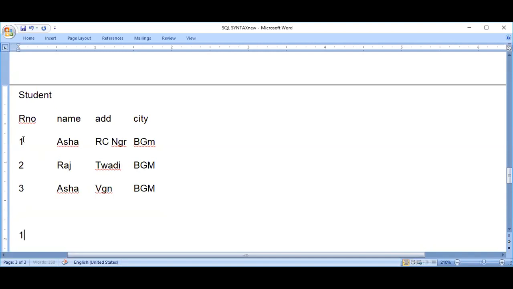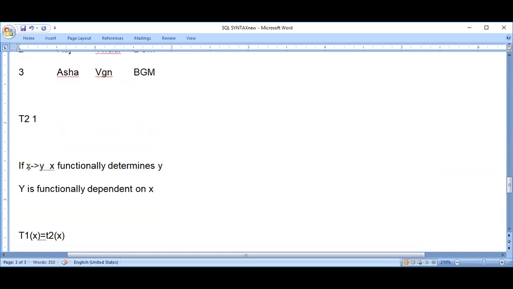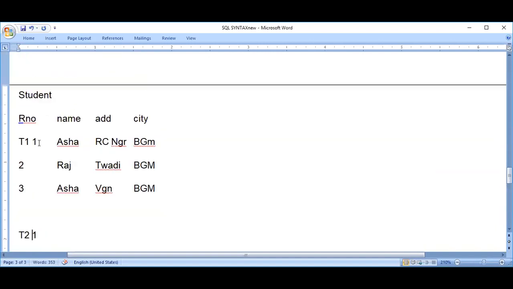This is suppose T1, tuple 1, and this is tuple 2. Now T1 of X, X means the attribute which is going to functionally determine. As we know, X is nothing but the roll number. So T1's roll number is equal to T2's roll number.